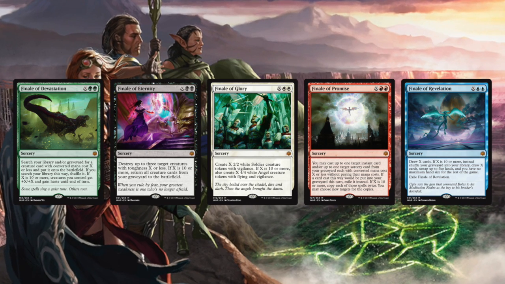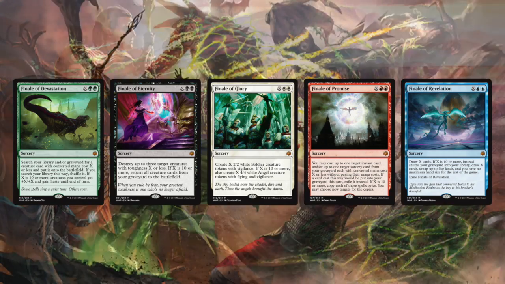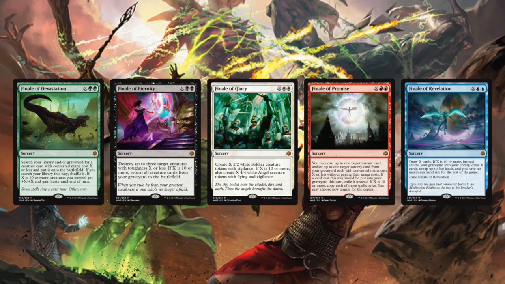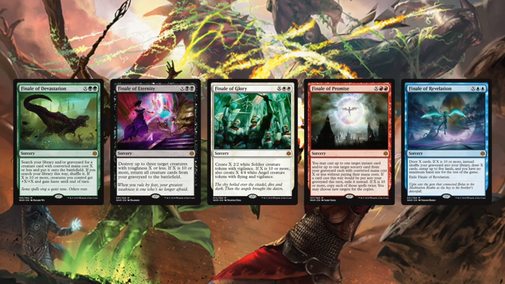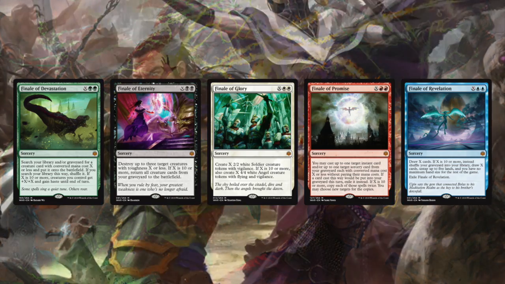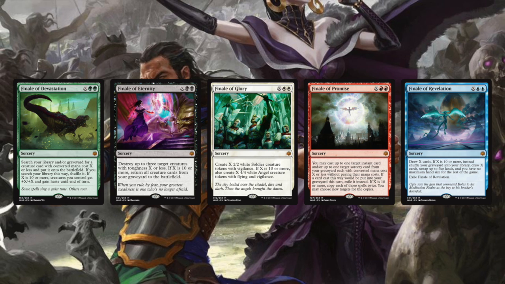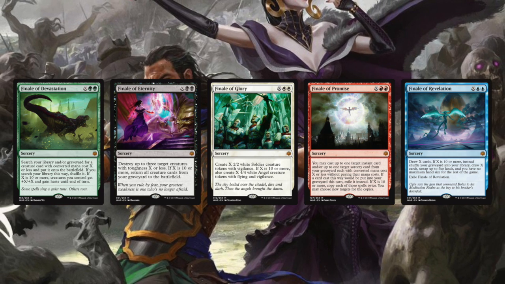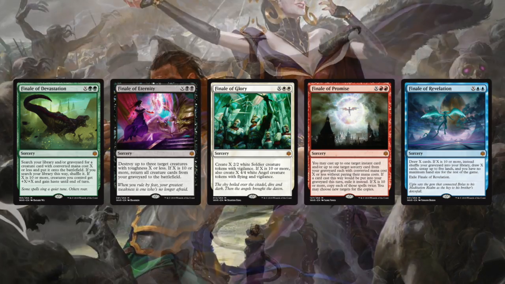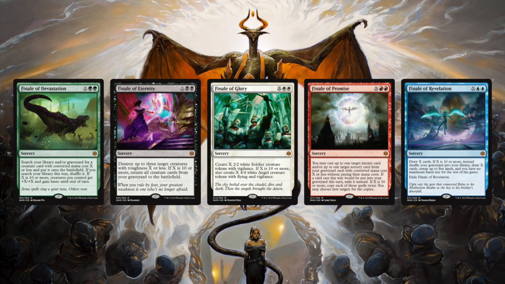All right. We got the final of the finales. Finale of Eternity. So X black. Sorcery. Destroy up to 3 target creatures with toughness X or less. If X is 10 or more, return all creature cards from your graveyard to the battlefield. You'd have to set it up so that this could become the win condition. It is pretty strong, but